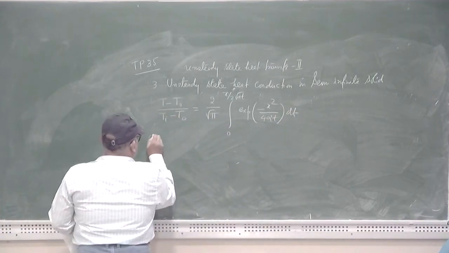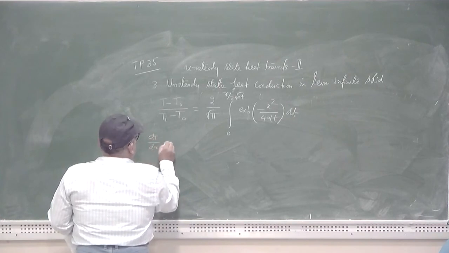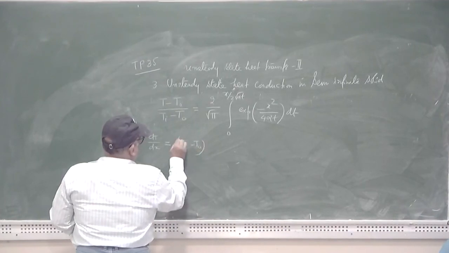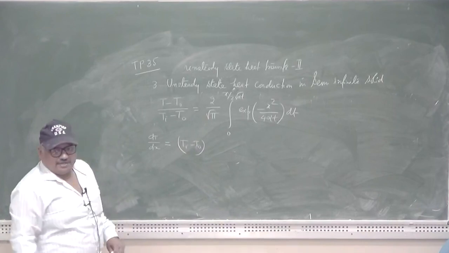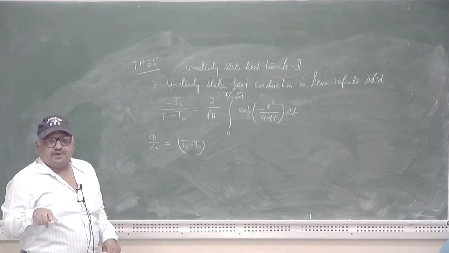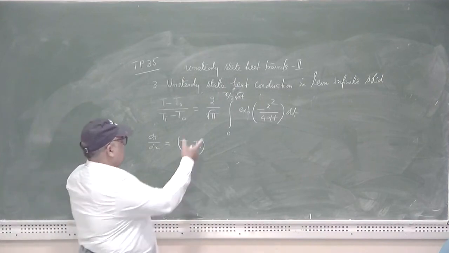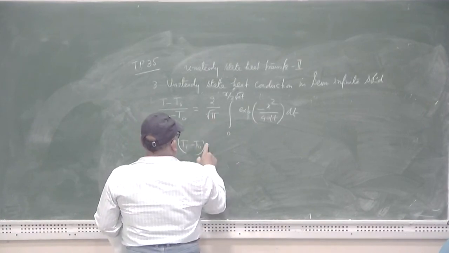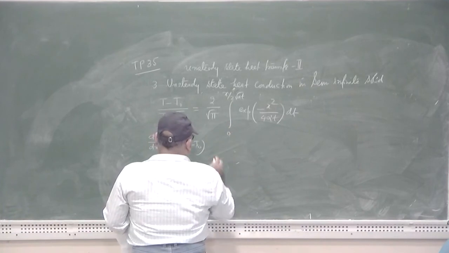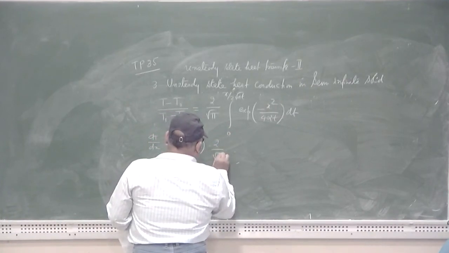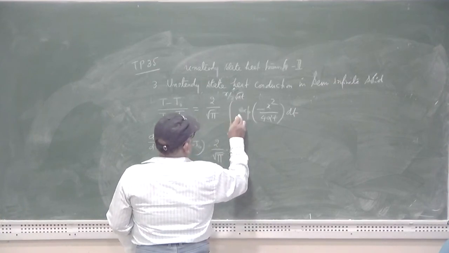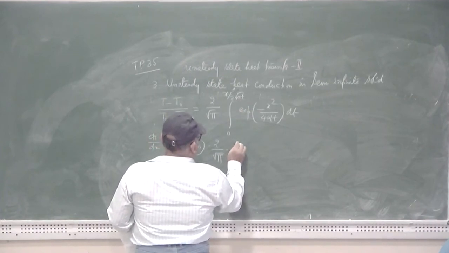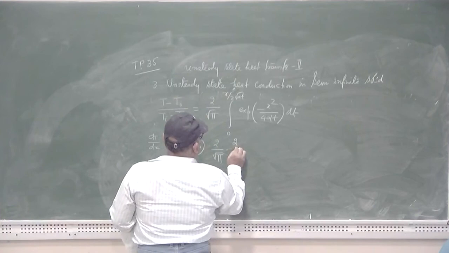So from this expression, the value of dt upon dx should be equal to ti minus t naught into the differentiation of this quantity, considering integration is a reverse process of differentiation and vice versa. The differential coefficient for this part may be given as 2 by root pi, a constant quantity, into exponential minus this quantity square. So that differentiation will be 2 into